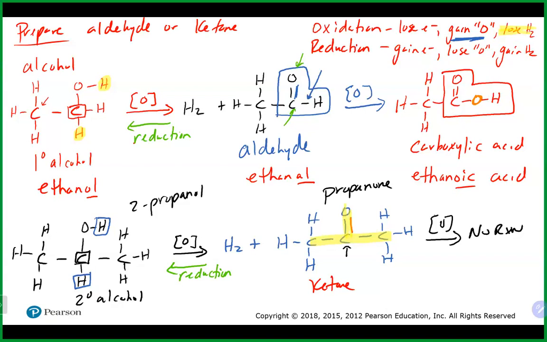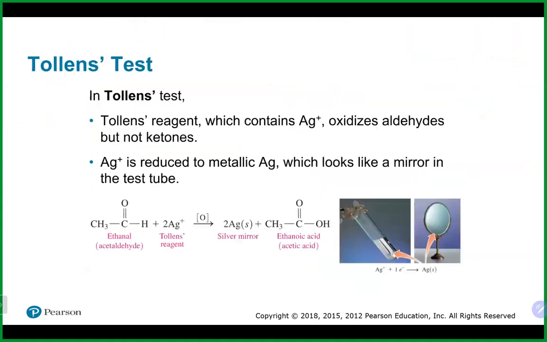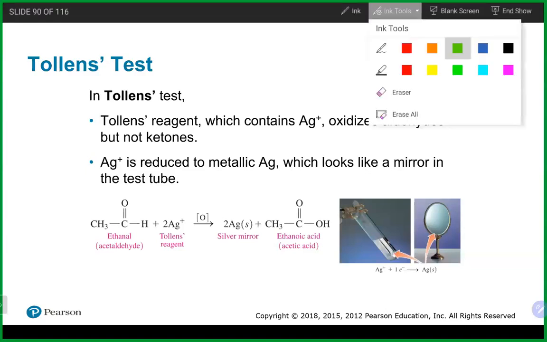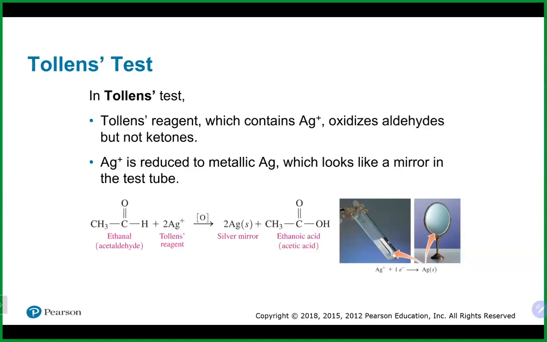So why this is important is there are a couple of tests to help you identify whether you started with an aldehyde or a ketone. Tests that you could run to figure these things out: one is the Tollens test. And the Tollens test, sometimes referred to as the silver test. Basically what happens in this case is you take an aldehyde here,